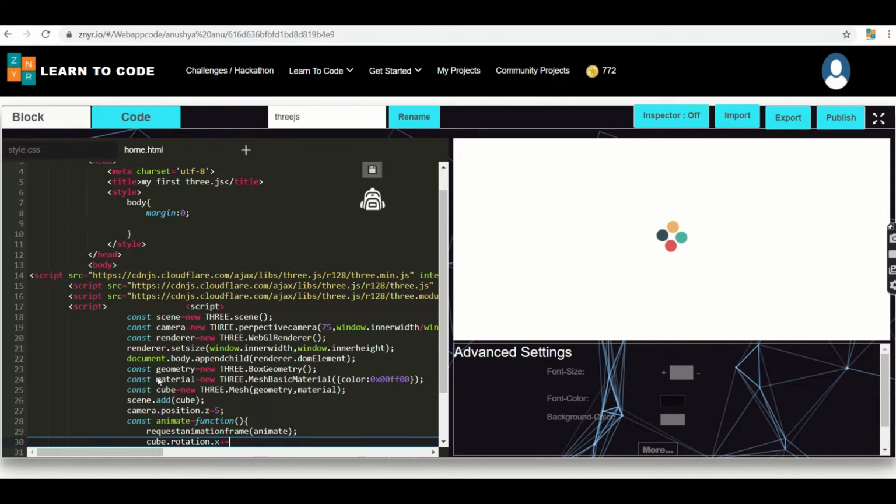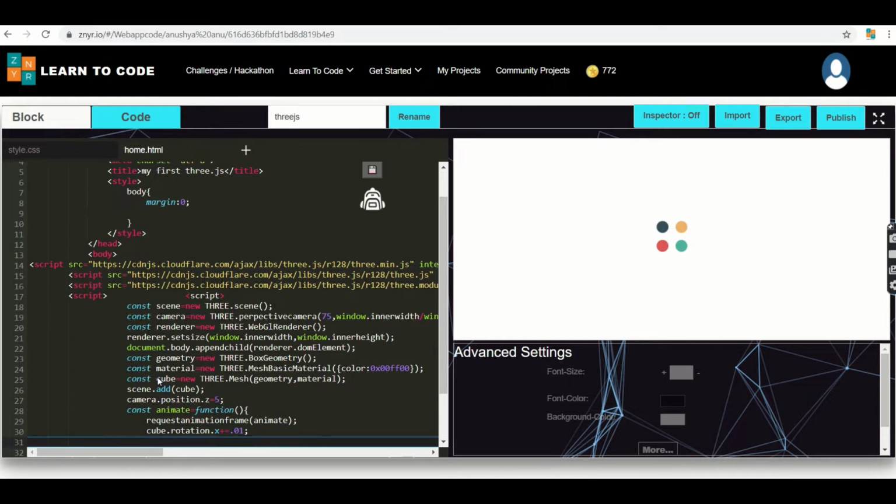cube.rotation.x plus equals 0.01. Similarly I'm going to process cube.rotation.y plus equals 0.01.